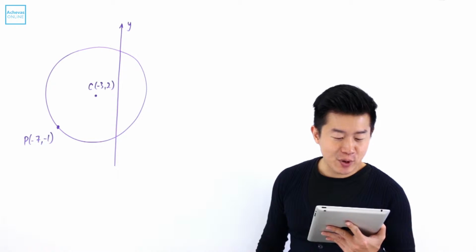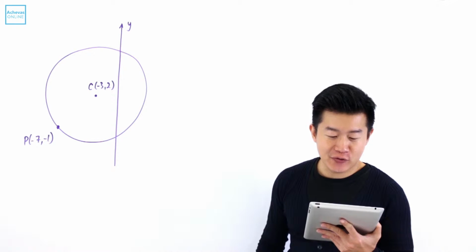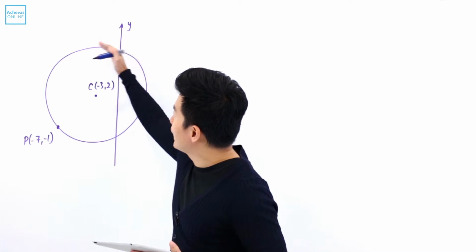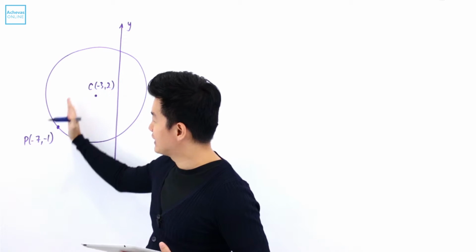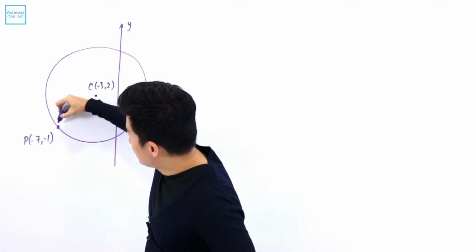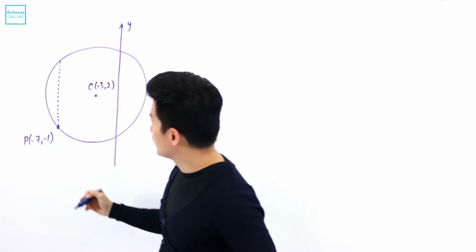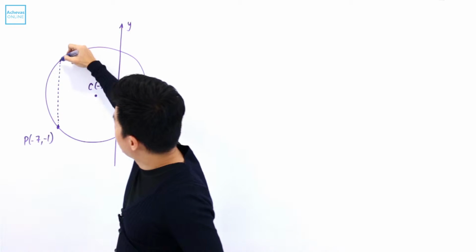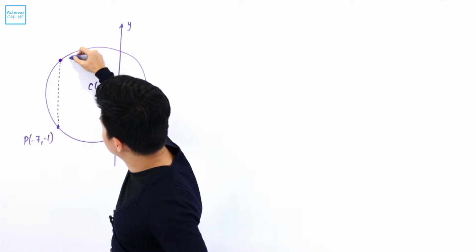According to the question, the point Q lies on a circle and it is the same distance from the y-axis as the point P. So if Q lies on a circle and it is the same distance from the y-axis as the point P, that means Q must be horizontally across from point P so that it can be the same distance from the y-axis, and since it's lying on a circle, point Q can be somewhere like here,